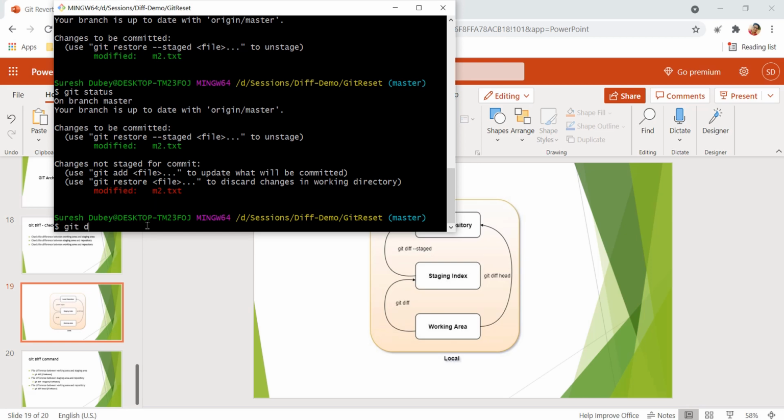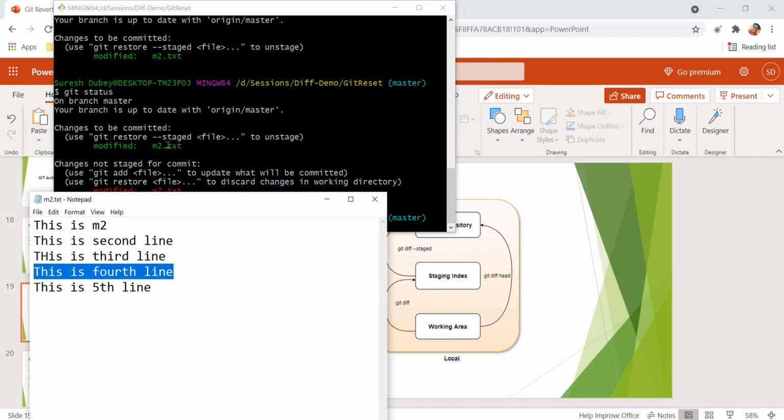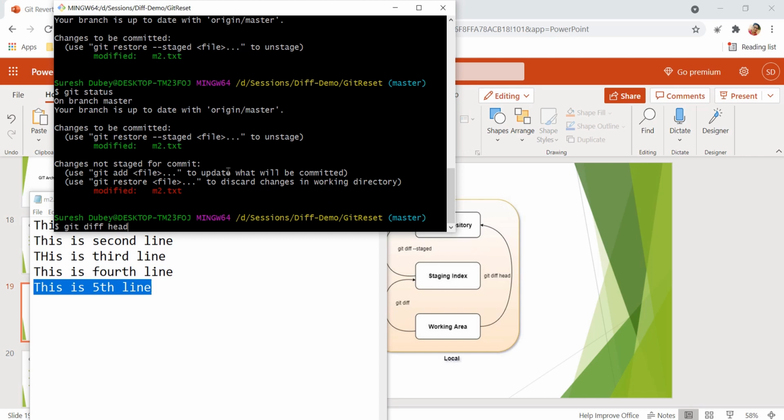So, git diff HEAD. Using HEAD, we are comparing between the working area and the repository. In our repository, these three lines are present, right? And I have added this fourth line which is present in my staging index, and I have added a fifth line which is still in my working area only. So let's see what difference we get now using git diff HEAD.